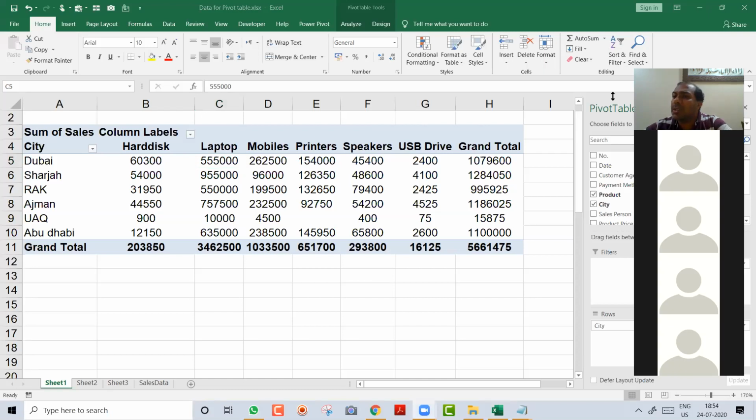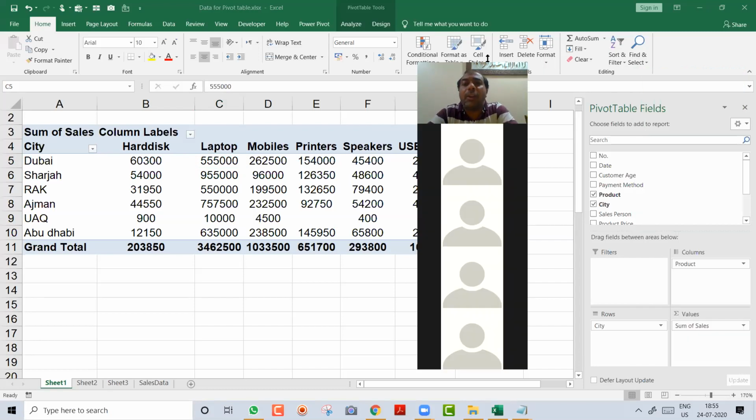If you want to show this to your management, if you have 7 reports, your management has to go to each sheet and see the report. Why not bring everything into one sheet and show it to your management, so that it's very easy for them to see the reports. Agree? So how do we do that?